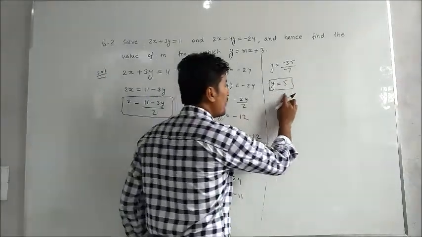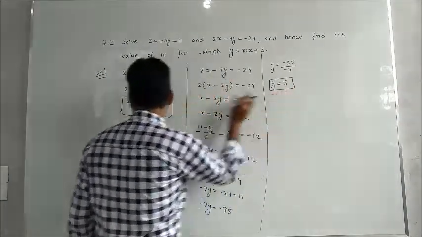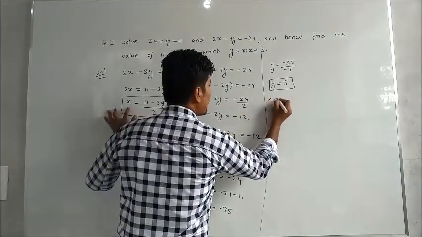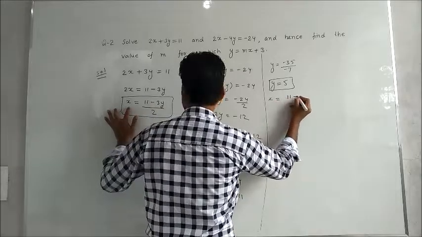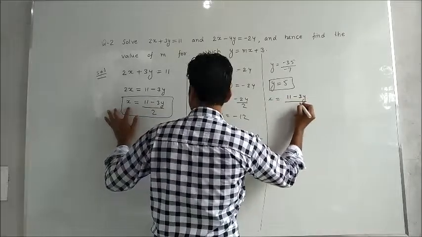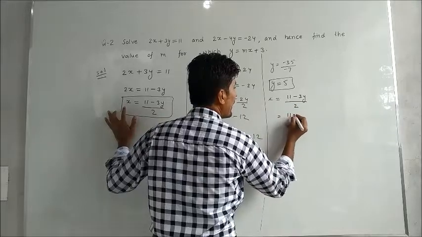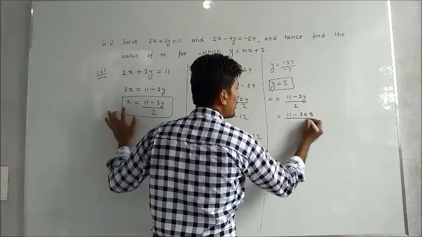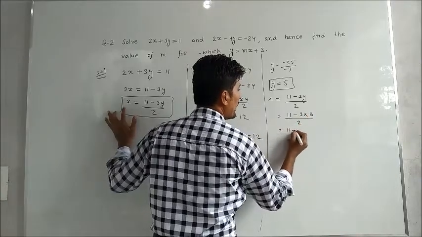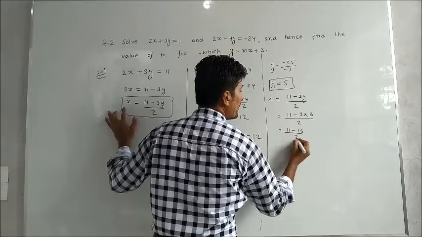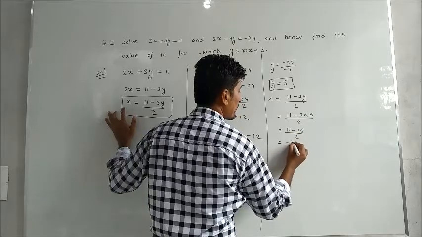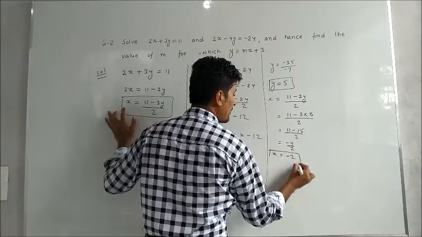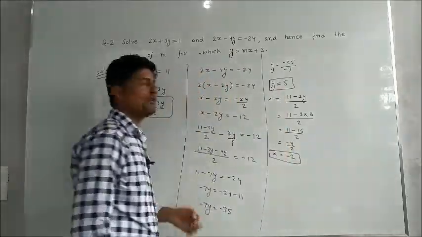Now after getting the value of y equals to 5, this value we will put here in this equation to get the value of x. Let us see. As x is equals to (11 minus 3y) divided by 2. So 11 will be as it is, minus 3 will be as it is. On the place of y we can write 5 upon 2. (11 minus 15) upon 2. Minus 4 upon 2, or we can say minus 2. So the value of x we got minus 2, while the value of y equals to 5.